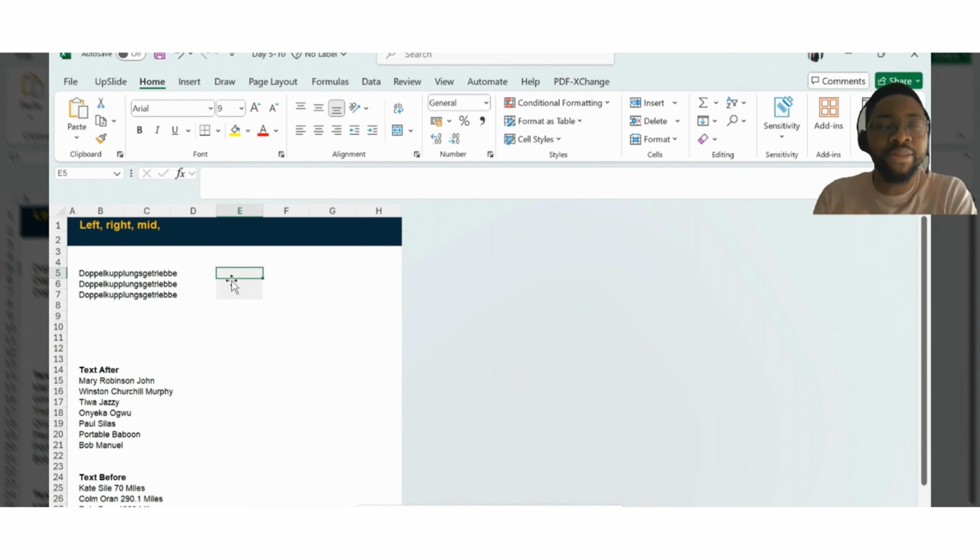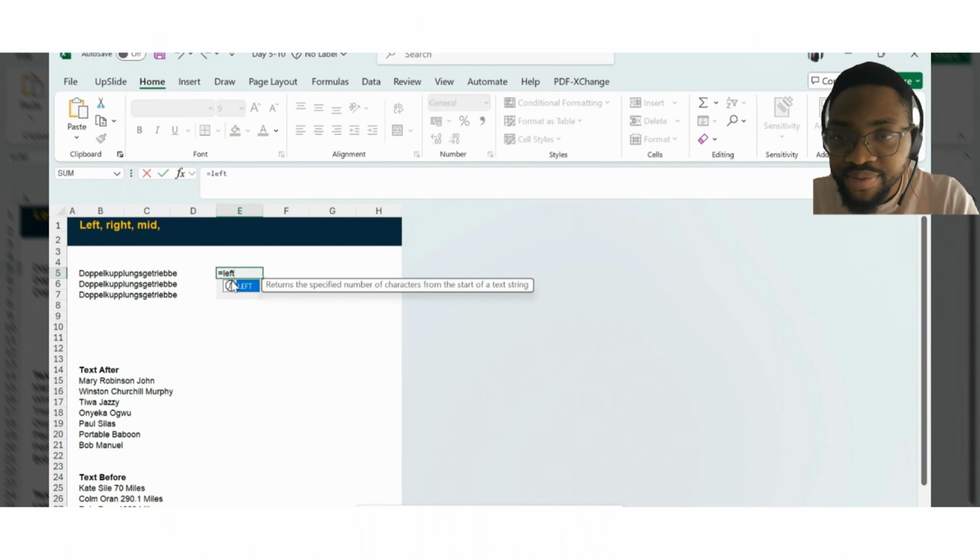They may look very simple, but towards the end, we're going to combine all these formulas together and see how it looks when it's complex. I said nothing is complex. Anything that's advanced is just doing the simple things and adding layers and layers of the simple things together. So for LEFT, RIGHT, and MID, what LEFT does,